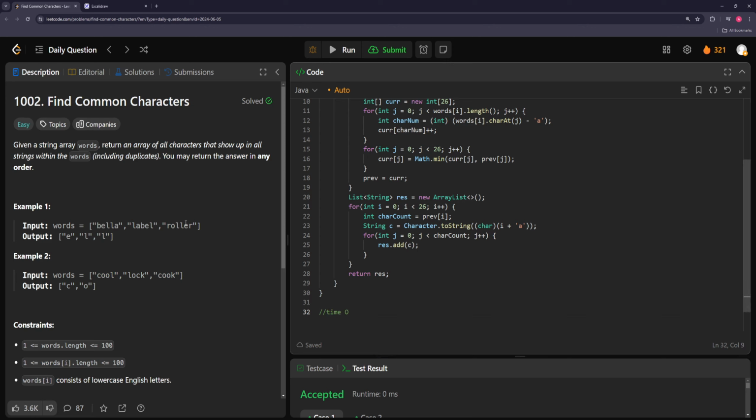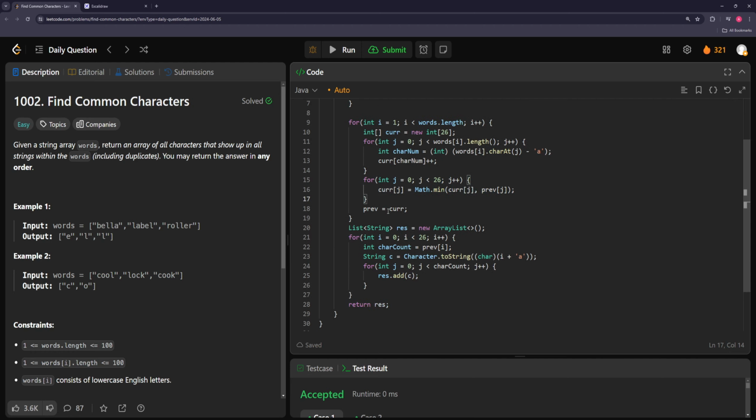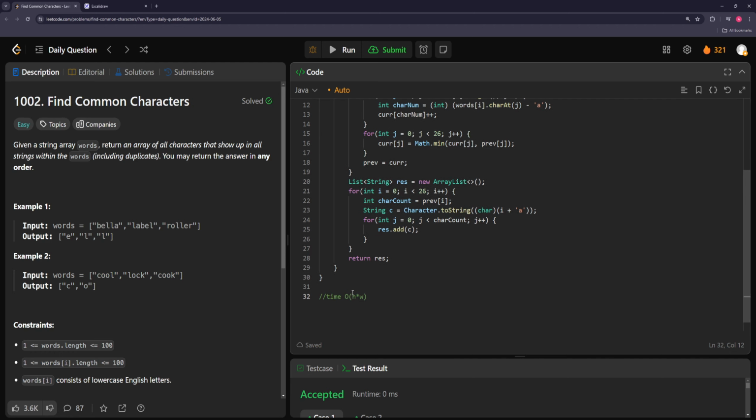Okay, so let's think about the time complexity and all that. So we go through every word and we get a character count, which is, let's say we have n words and each word has W characters maybe on average, or maybe W is the length of the biggest word. So yeah, we go through every word, do a character count. Then this you can say is O of 1 because we only have 26 characters. And then finally in the result, for every character that we do get that appears everywhere, we add it to the result. So I think that's going to be worst case this as well, because imagine every word is super long and every word is an anagram or the exact same word. Then you would basically have every character appear everywhere. Actually,